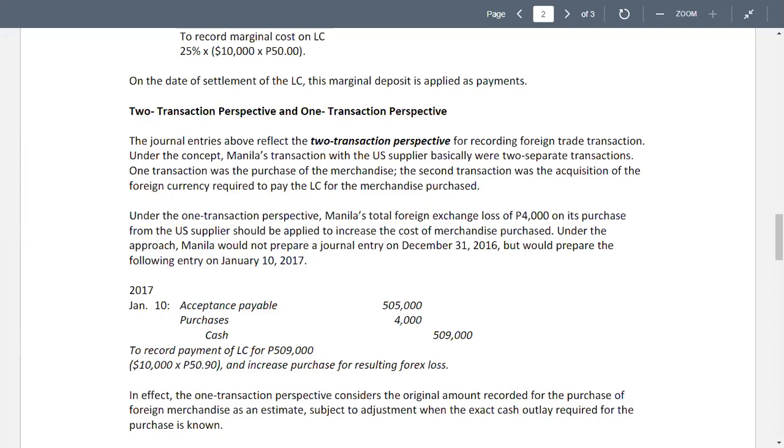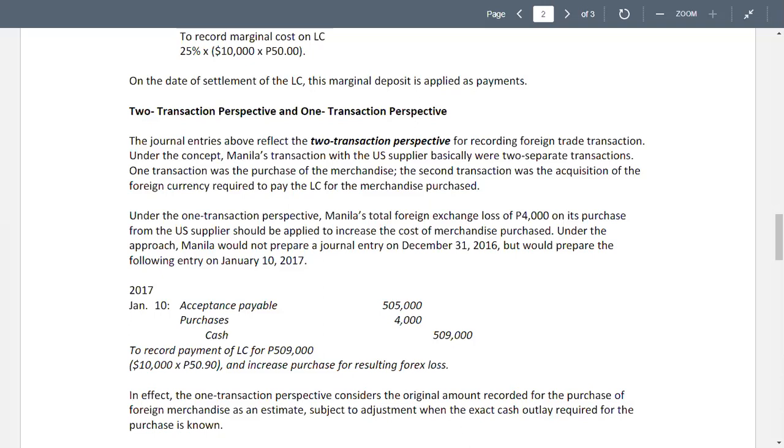Decreases in the buying spot rate produce foreign exchange losses. Thus, we have the illustrations in the book of Dayag that will further explain these transactions in relation to foreign